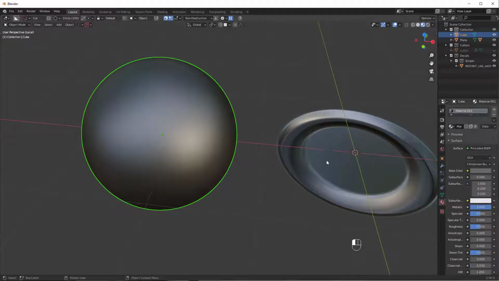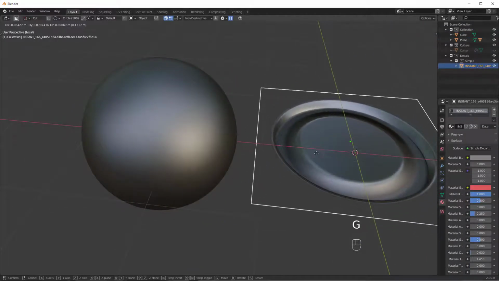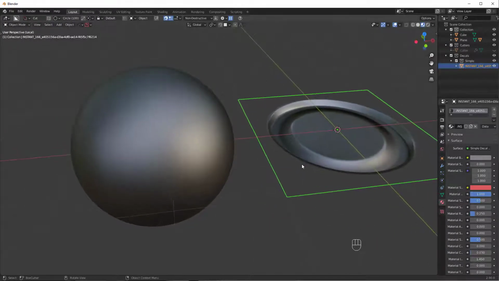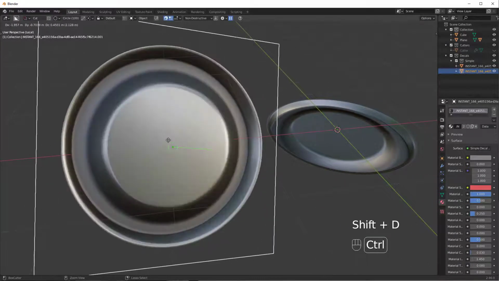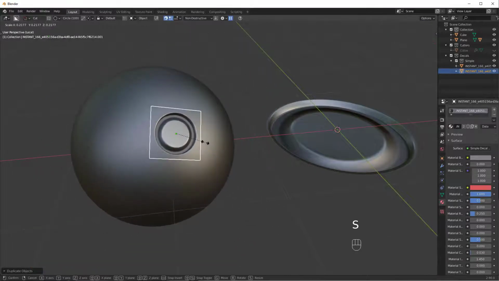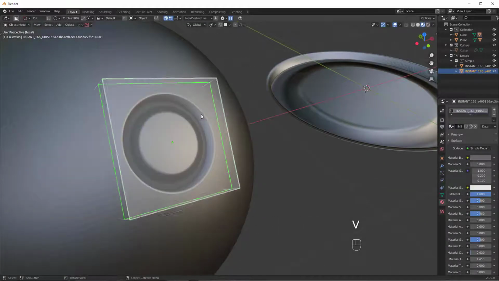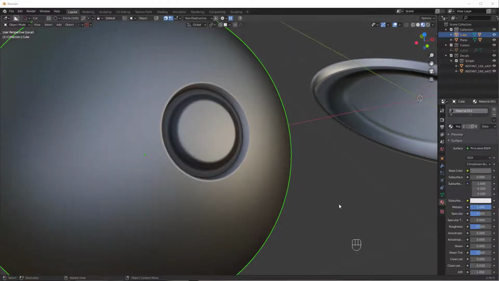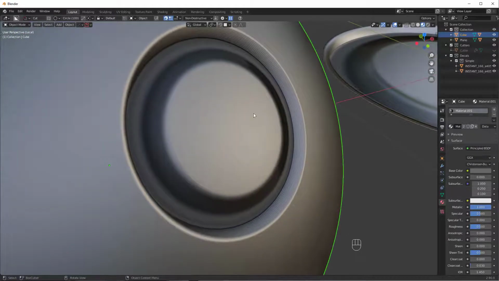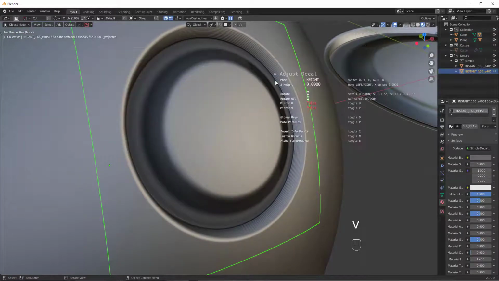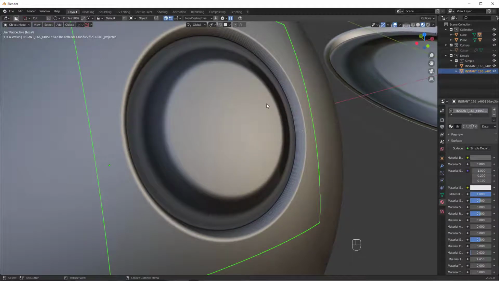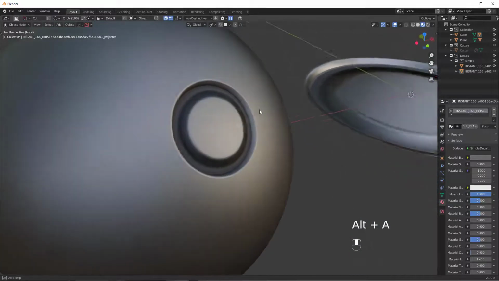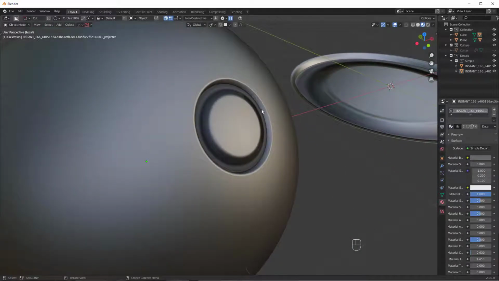Now what we can do is take this decal, we're going to leave the one in the center of the scene, and instead we're going to duplicate it with Shift D, hold Control to snap it here, scale it down, and then project it like we did before, and we can also smooth out this sphere here. So at this point you want to check for any visible issues on the decal. In this case it looks really good. Maybe we'll come in here and slightly adjust the parallax a bit, move it up a little bit, like that. And as long as your decal looks good, you can add this to a new decal library to save for